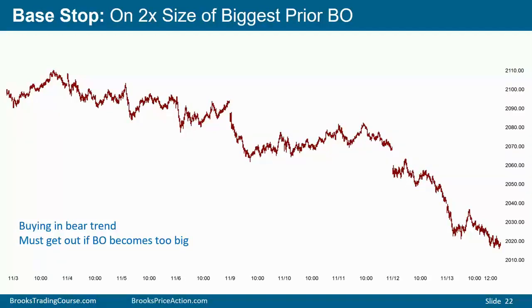If you're buying new lows in a bear trend, you have to get out if the bear breakout becomes too big. Let's say you bought at that low, which I would not do when the channel down is as strong as this is. I would not take that buy. But some bulls will buy because they'll see, oh, we got a strong breakout here. They made money buying at that low. Same here, strong breakout to new low. They made money buying at that low and lower.